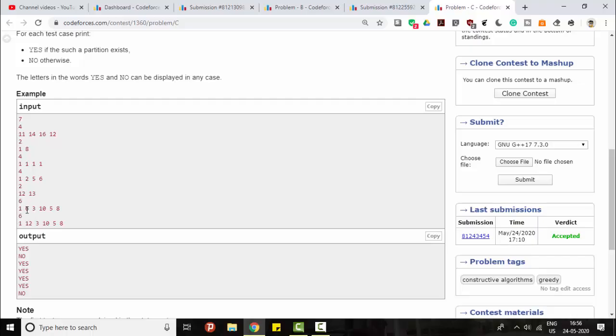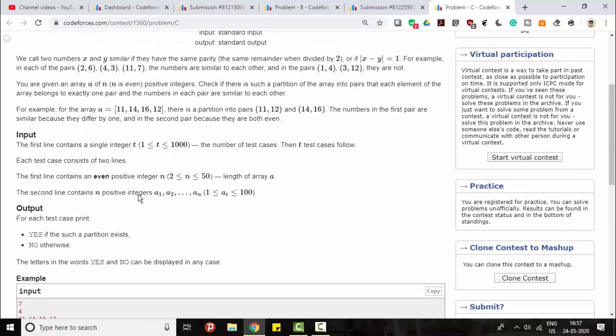In the second last one, 1, 6, 3, 5, 8, 10, we will count the total number of odd elements, we will count the total number of even elements, and we find that there are 3 odd elements and 3 even elements. What we are told is the number of total elements is even. That means we know that one odd number plus another odd number is even, one even number plus another even number is also even, but no other condition is specified other than that.